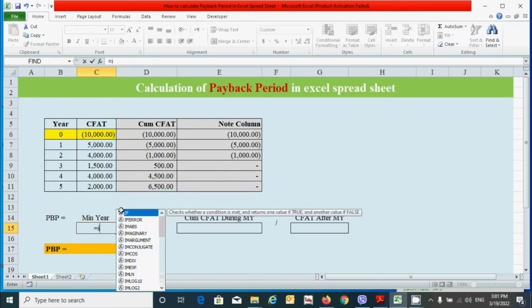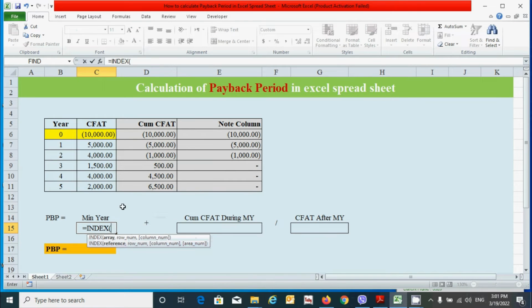So press the equal to sign, type INDEX and now press the tab and I will select this one because I will get the value from here. Because we are calculating the minimum year, we will get the value from this column, so select this one. Now press the F4 key, comma, type the MATCH function here, now press the tab and we will look up this value. So I'm going to select this one and